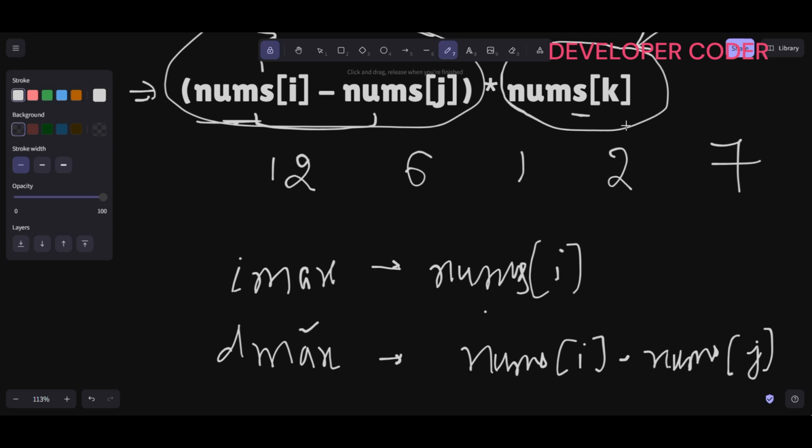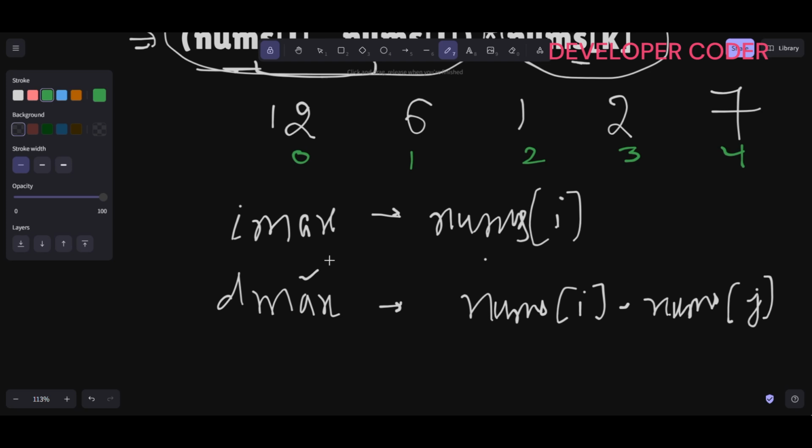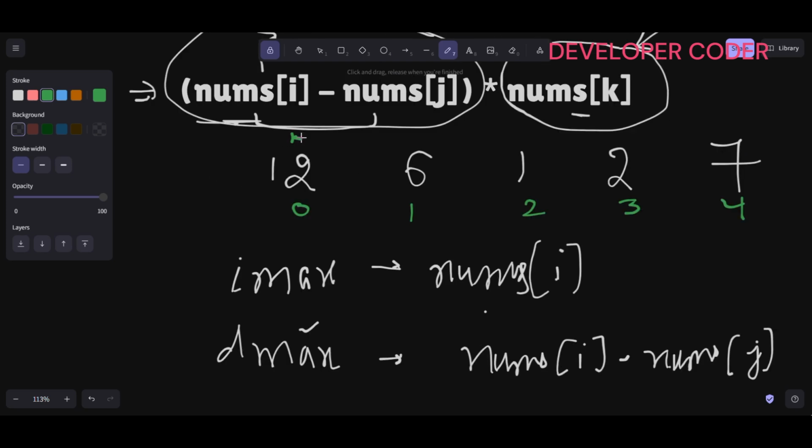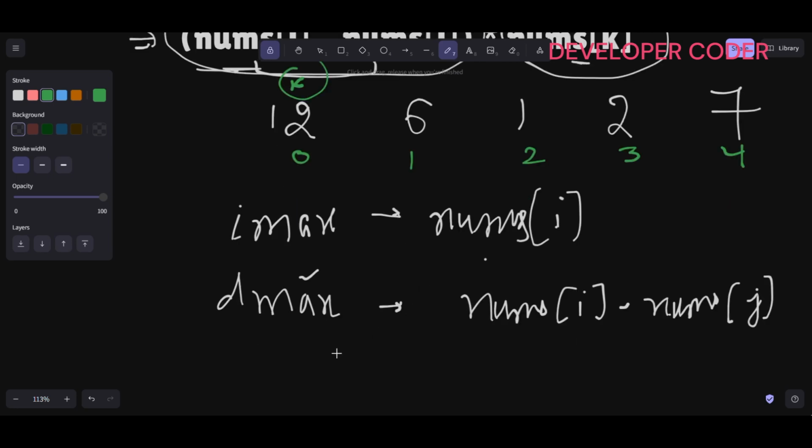Okay, and during the enumeration of k we have to update the dmax and imax. So how are we going to do that? Let's understand simply with this particular example. So this is 0 index, this is 1 index, this is 2 index, this is 3 index, this is 4 index. Now first of all I'm going to run one single loop. Let's say my k is here. When my k is at this particular position, first of all I'm going to calculate the